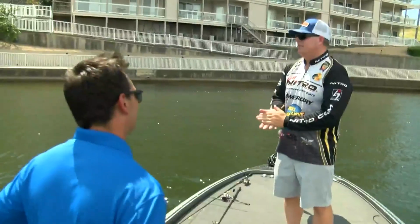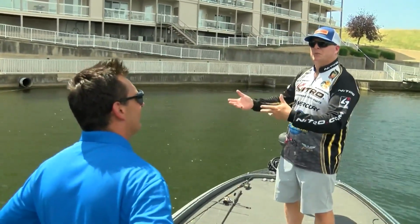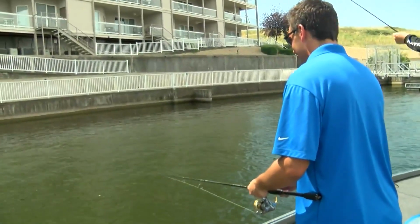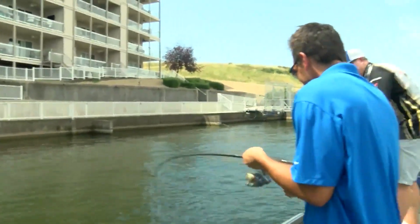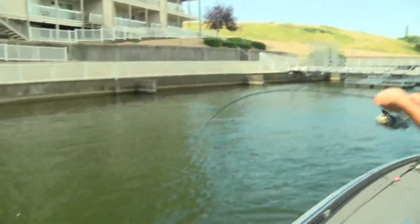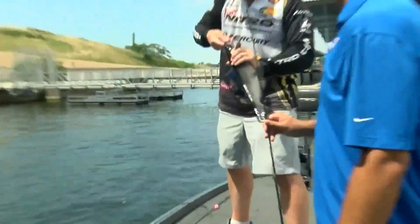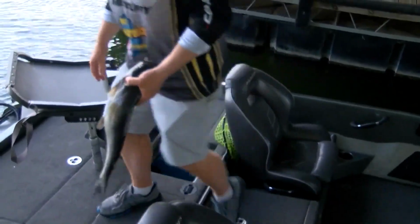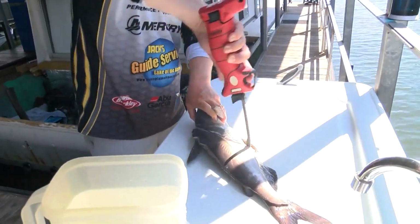He looks pretty good. And this is another spot where I don't know exactly what goes on here, but in general, we have a lot of people that occasionally feed fish. Got some of them. Got it. All right. There we go. See how dark these fish are too? They usually aren't this dark, but they've been living high up in the water column for a while, and that's why they're dark. When it's 100 degrees outside, late summer,